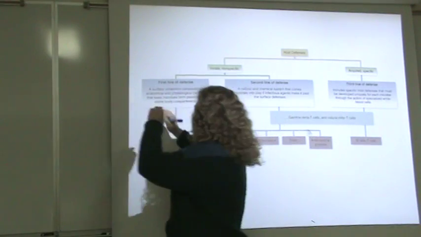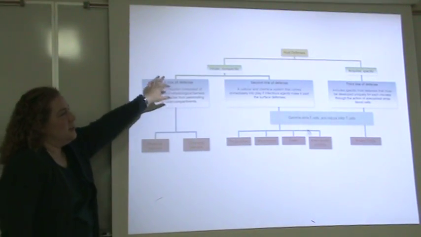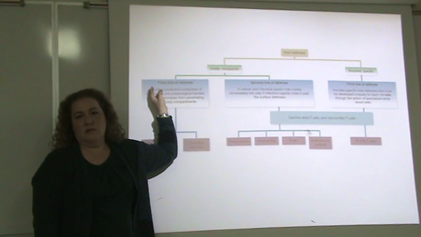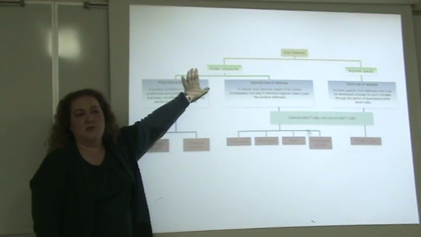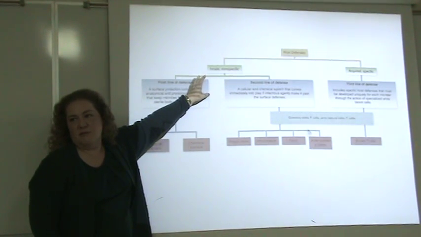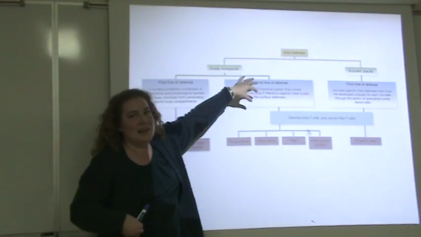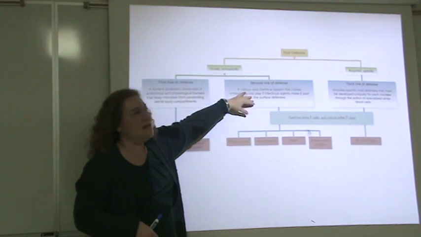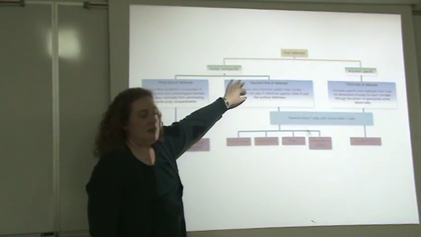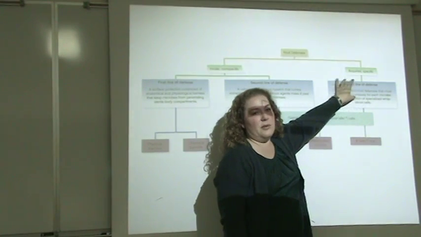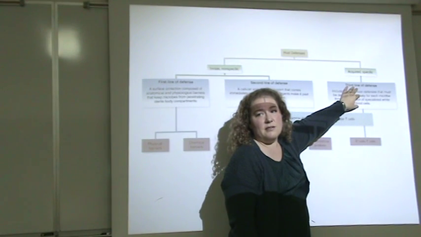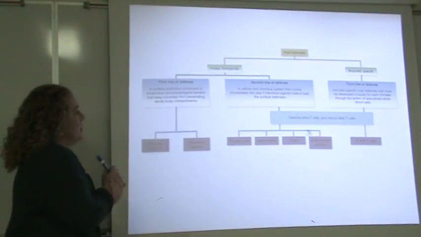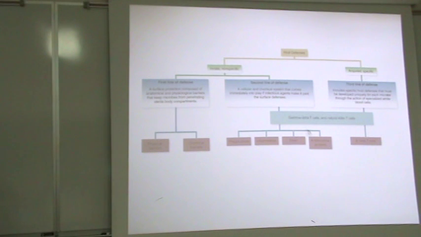If you're a pathogen, you encounter these branches in a certain order. It's basically like when you're trying to find the portal of entry, you're coming up against the first line of defense. If you make it inside the body, then you encounter second line of defense, which is still part of innate. And then if you hang around in there long enough, your body will try to make actual immunity, acquired immunity against it. That's third line of defense. So these first two lines,